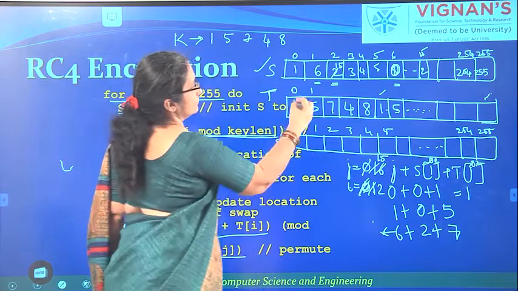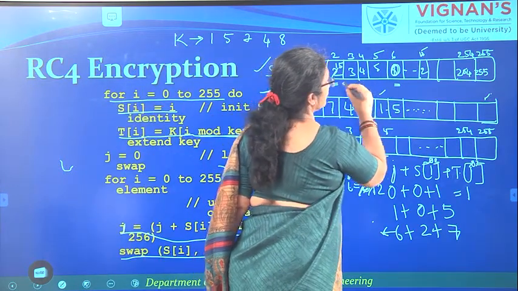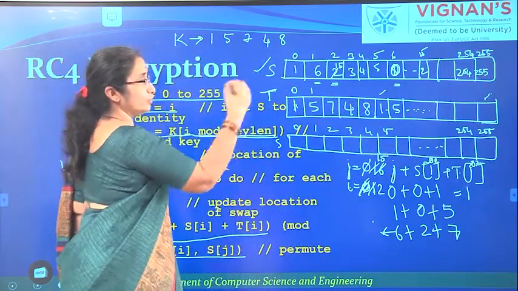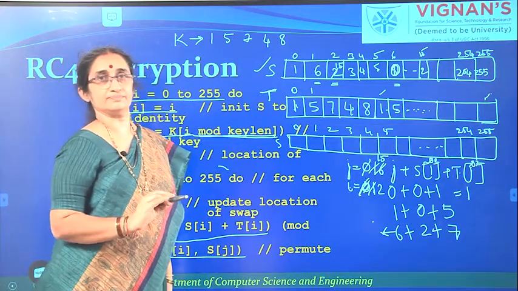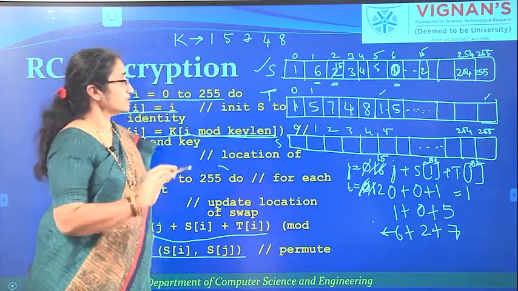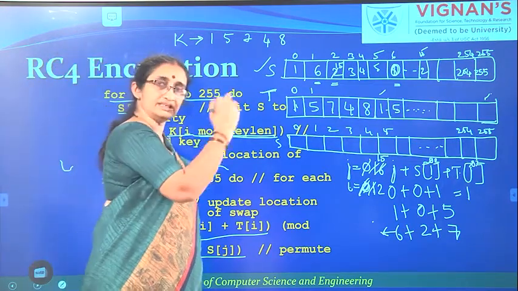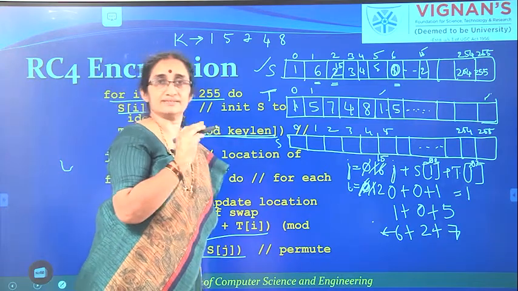Like this we will change the value of I from 0 to 255. By the end, actually you will be shuffling all the values of the array S. Okay. So that is the permutation. That means you are reshuffling the locations of the values present in S.